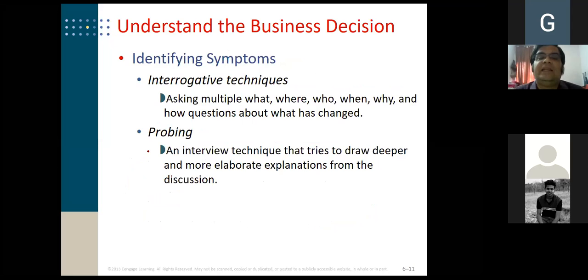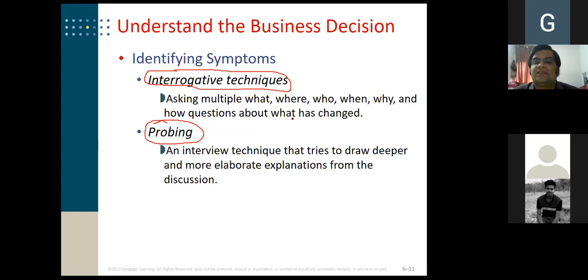Next, now he will identify the symptoms. Look at the techniques. Number one, interrogative techniques. Number two, probing techniques. So what are interrogative techniques? Very easy. He will ask what, where, who, when, why, and how questions about what has changed,